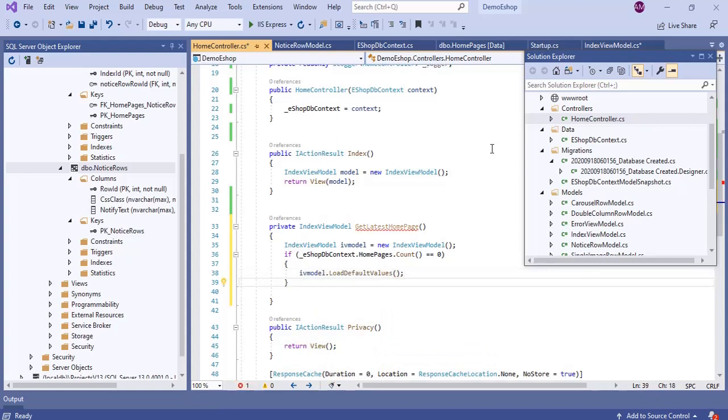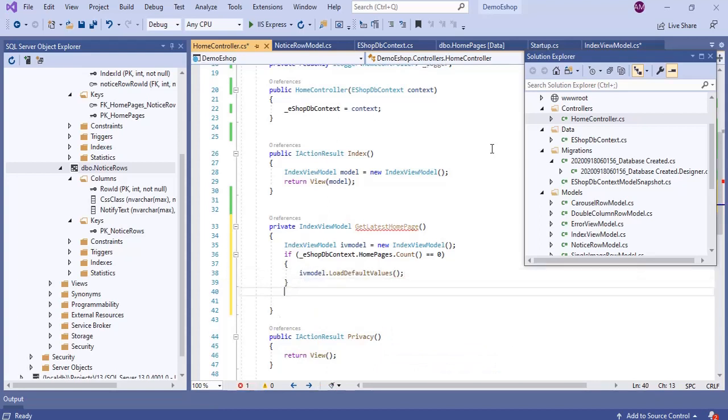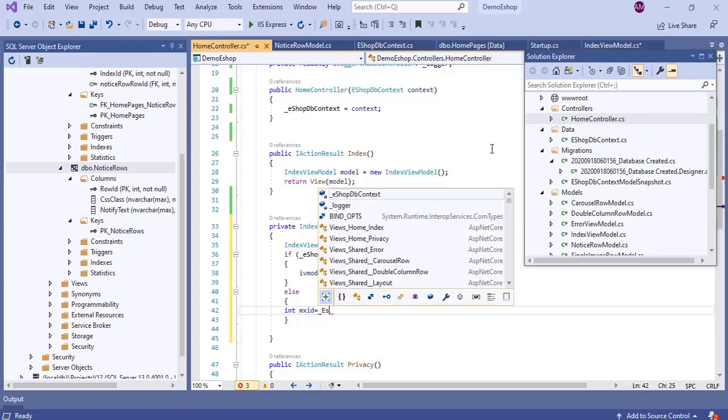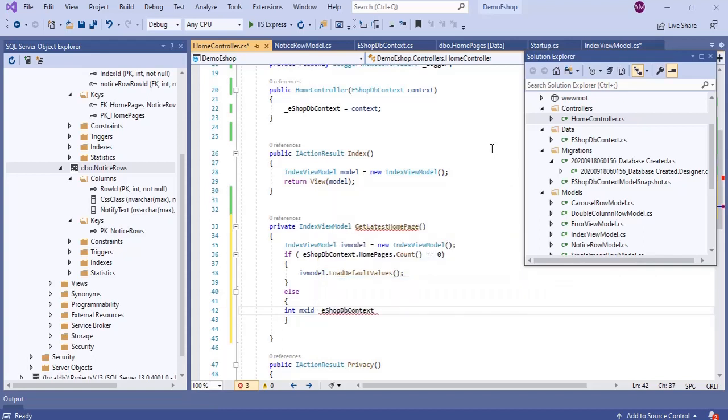Else, int maxid is equal to eShop DB context dot homepages dot max of p dot index id. So we are fetching the latest record from the home pages.